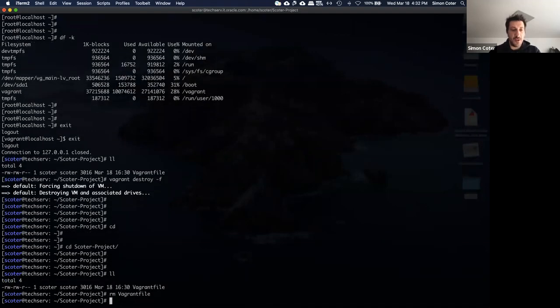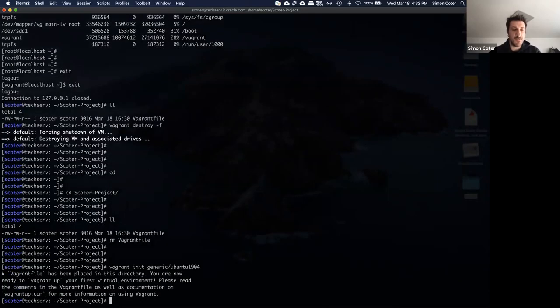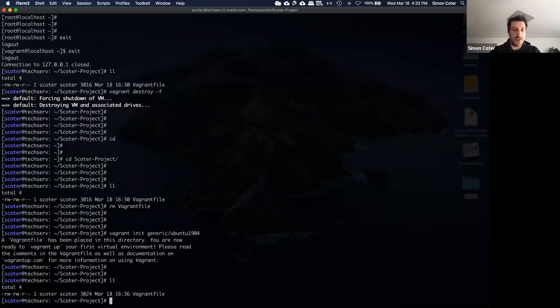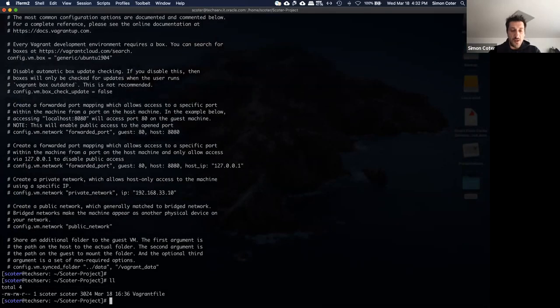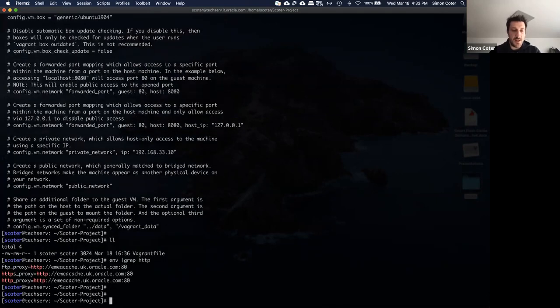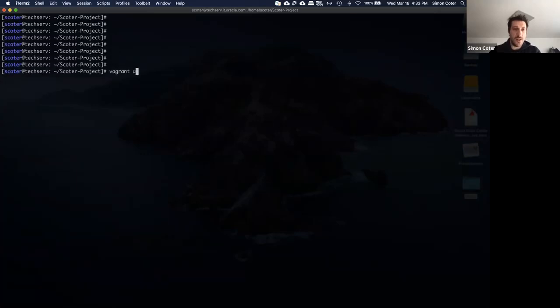Remove the existing Vagrant file. Run this command. A new Vagrant file is built. Now let me see if I have the proxy configured. Yeah, it's there. So now when I execute vagrant up,